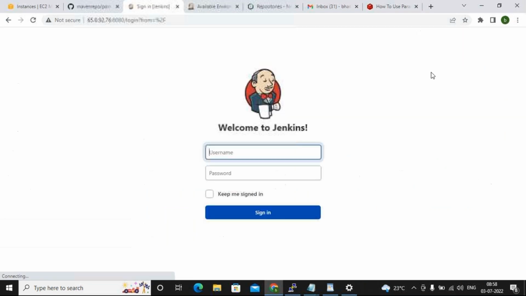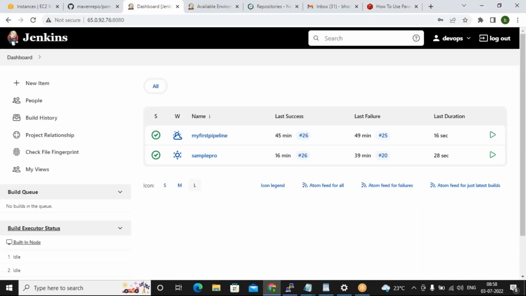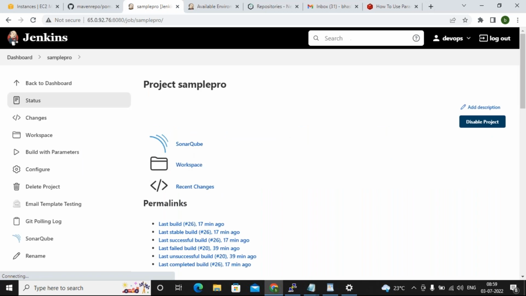Can you please log out with Bhaskar and log in with DevOps or Amar, whatever user we gave? Done. See, now I don't have the manage Jenkins option. Guys, I don't have the manage Jenkins option, see. Because I gave only job level. Jobs I can create, I can configure, I can build, I can cancel because I have that option.